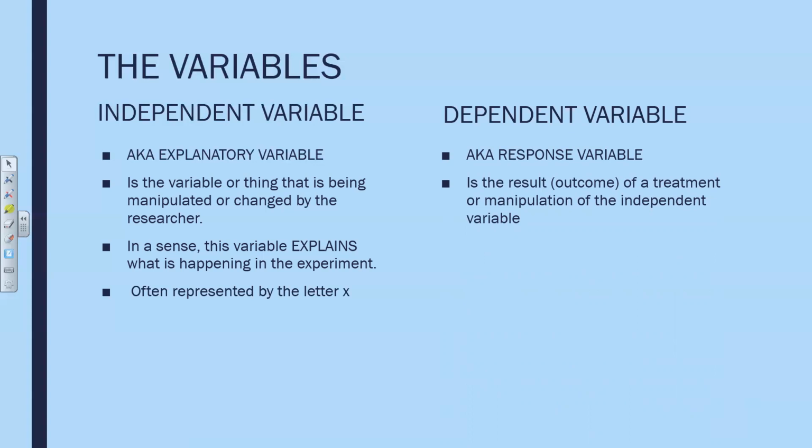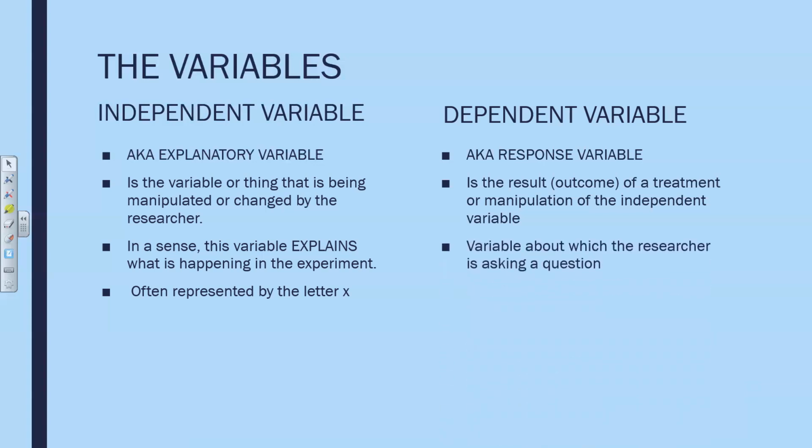What happened when we used fertilizer A or fertilizer B or fertilizer C or no fertilizer at all? The result or the response is the dependent variable. The growth of the roses depended on which fertilizer I used. So the growth is the dependent,